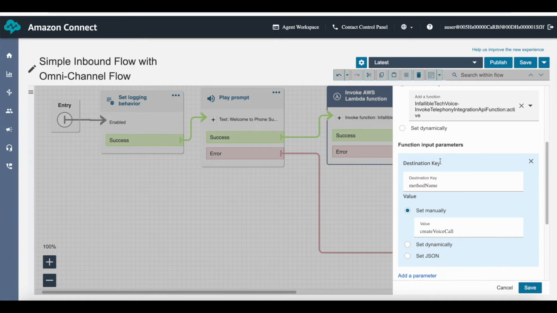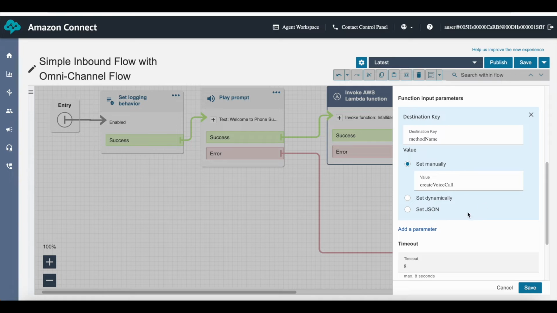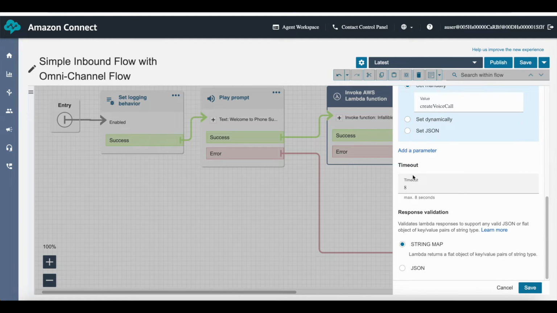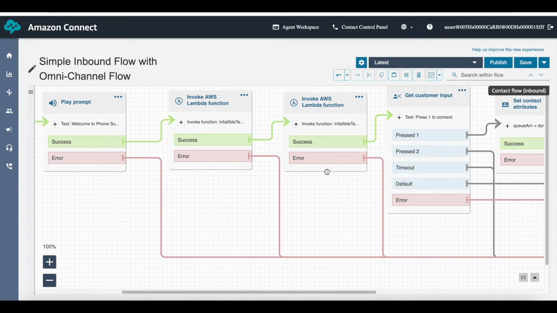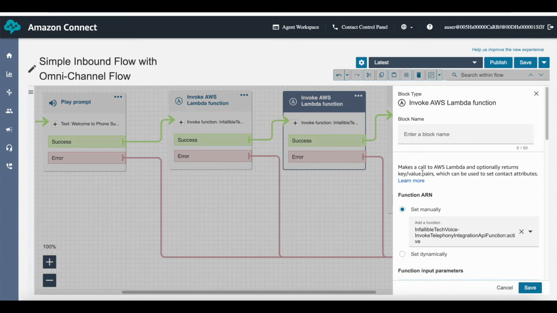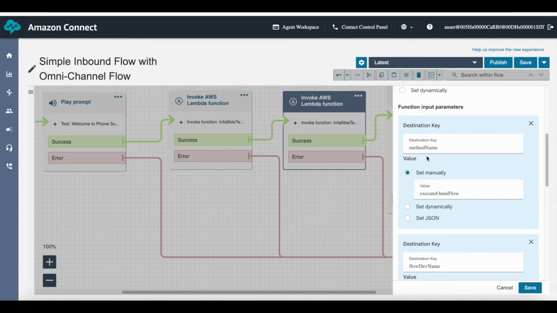Here I am creating a voice call by passing destination key as method name and value as create voice call. So this will create a voice call record in Salesforce. Next I am using the same lambda function invoke telephony integration API function, where I am using method name as